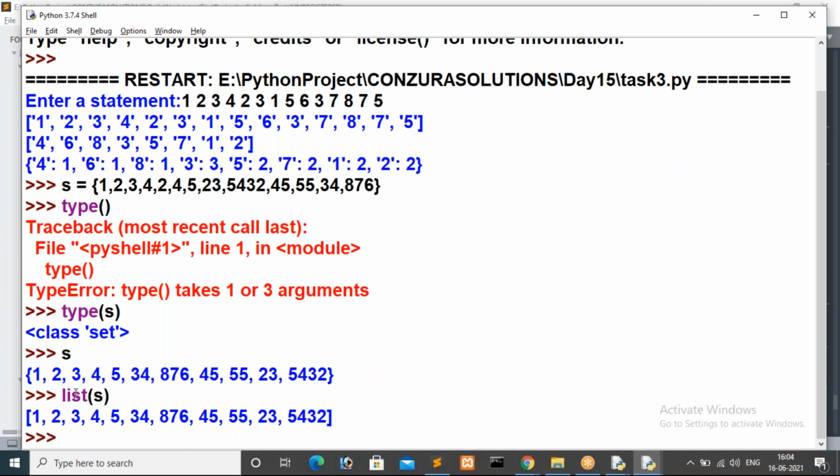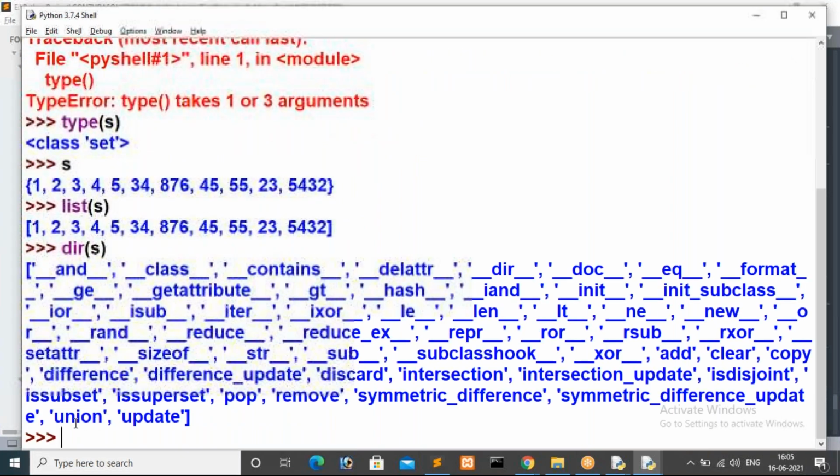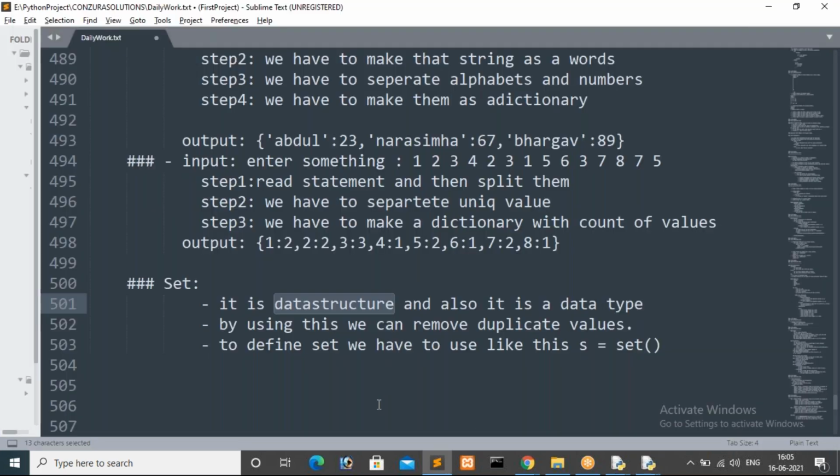For this set also we have a number of functions, guys, but all those are not necessary, so I'm not going through all of them. For sets we have union, intersection, difference, which is the minus symbol, and add for adding. Like union and intersections, conjunctions and disjunctions, those concepts it will support. Discussing all these functions is not necessary in Python, because as per my experience till now I'm using the set method only to remove duplicate values. So that's why I'm ignoring all those, guys.